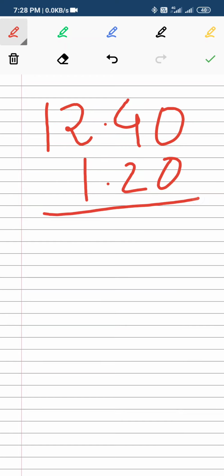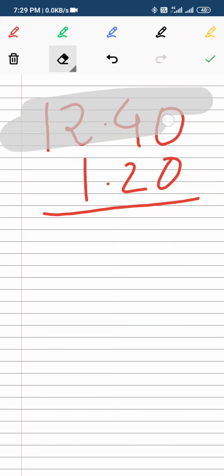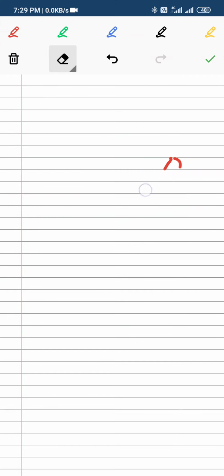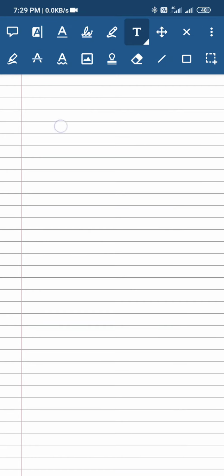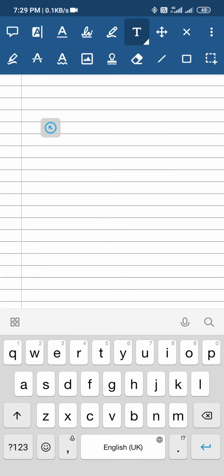This notebook can be used to write down anything, to note down in any fashion. Let us take an example of addition. Since I am using my finger, obviously the numbers appear to be very much bigger. You may use any stylus if you wish. You can use an eraser to erase this part, or you may use text here to type out.